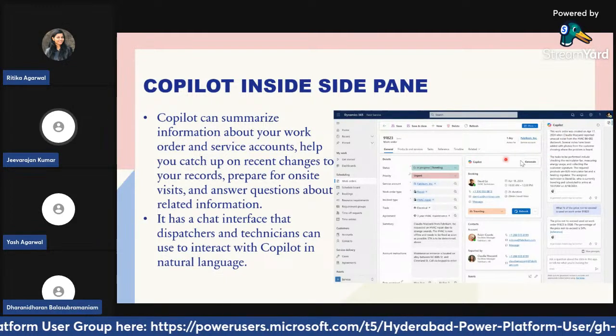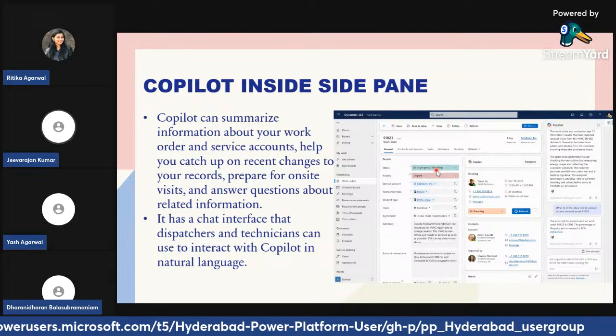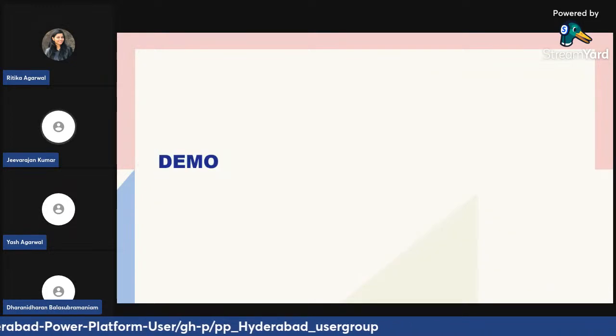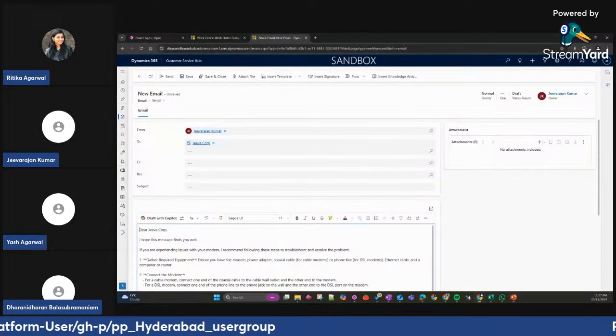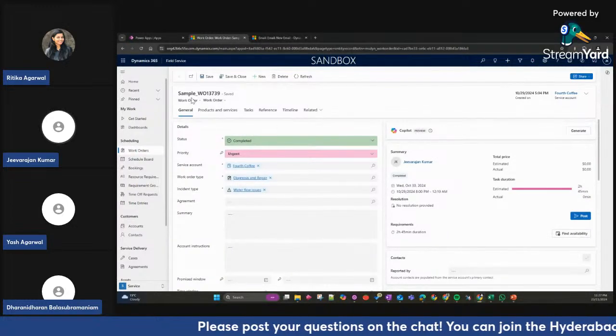So if you go to the next one, this is the Copilot from the side pane. You can see the Copilot can also help to summarize your work order and other information. Let me go to a quick demo with just this feature. Let's go back to the work order now. We have some sample work order here.